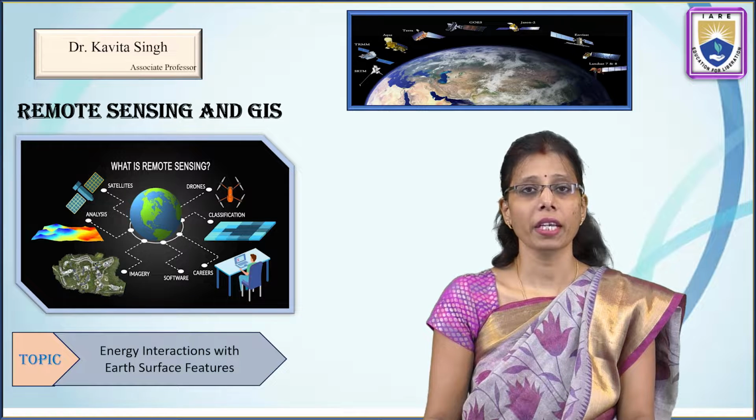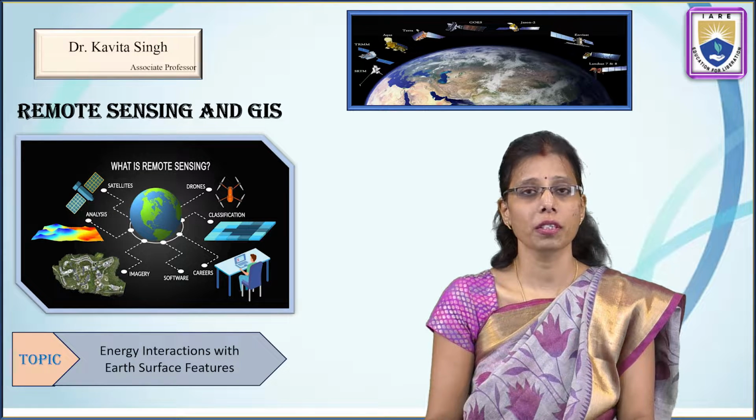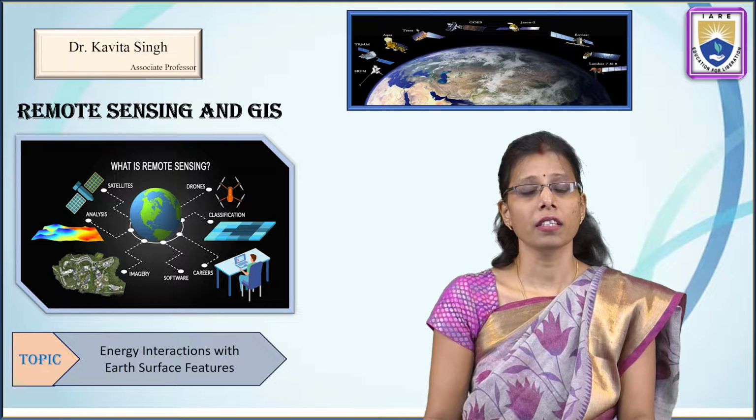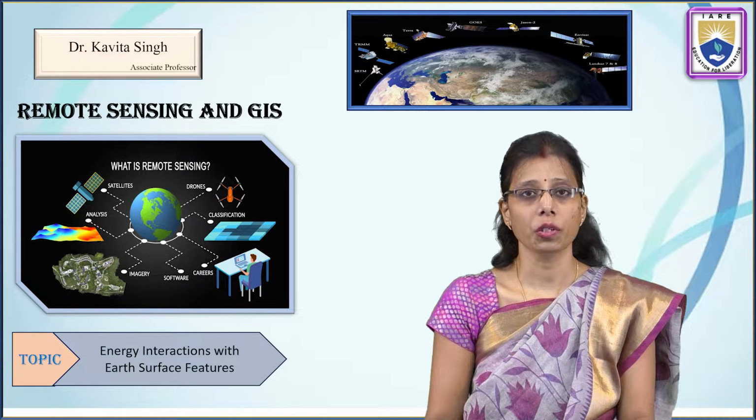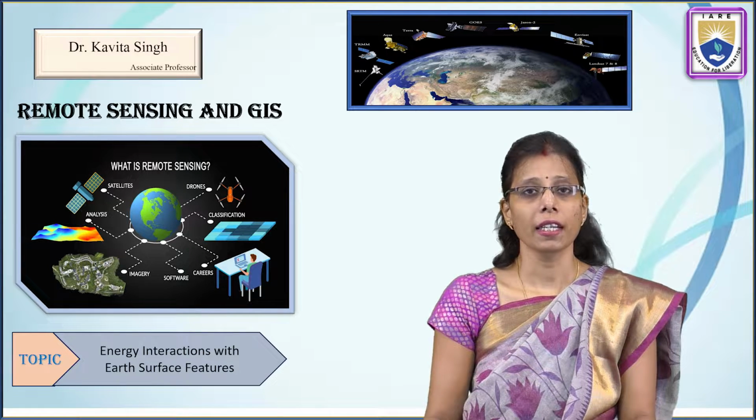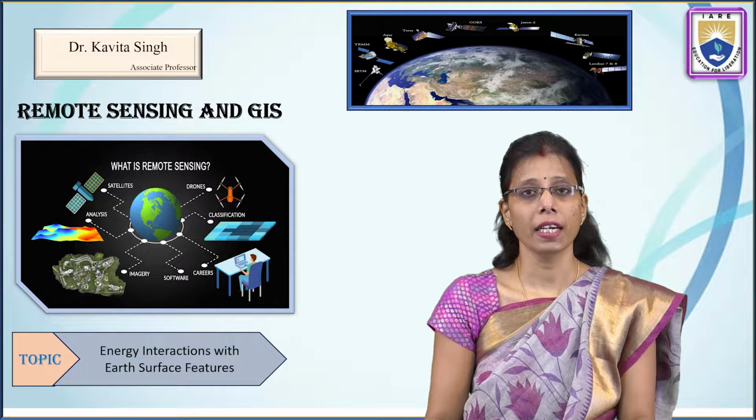The scattering mechanism occurs when energy interacts with the atmosphere due to the presence of dust particles and different gases. Either scattering will take place or absorption will take place. After passing through the atmosphere, the energy has to reach the ground. So when it reaches the ground, what happens with the energy, and how is it helpful for remote